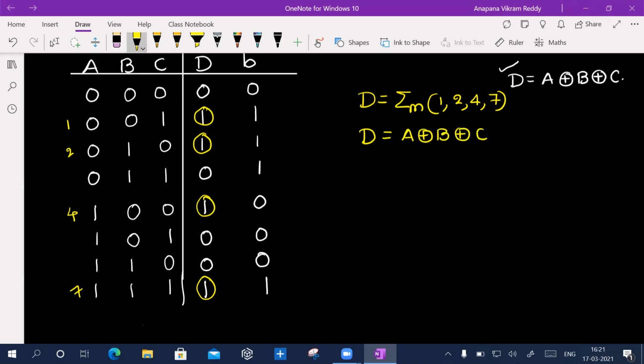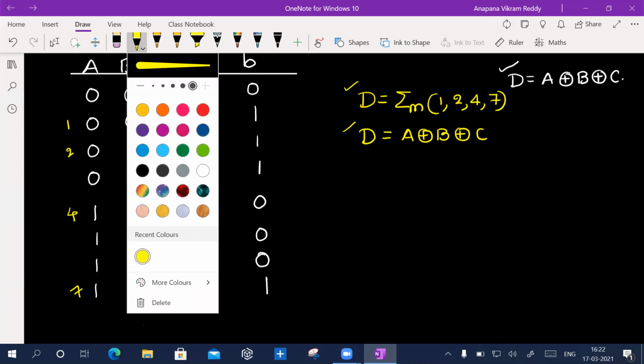So you can see diagonal ones on K-map, and you can't pair those diagonal ones at any cost. So if you solve it individually, you have to take those elements, you have to group them. I mean, you have to sum up those elements, and then again you will get A exclusive or B exclusive or C. If you expand this, this one will be equal to this. That's it.